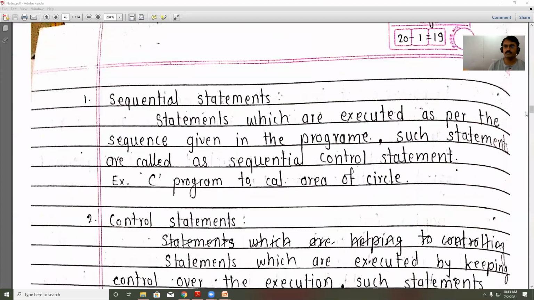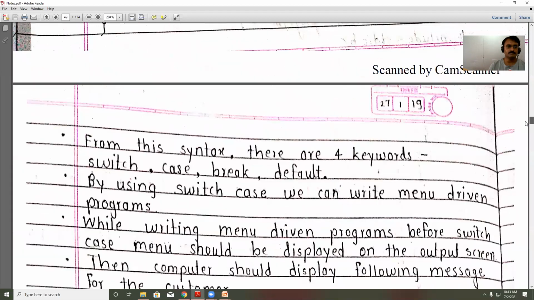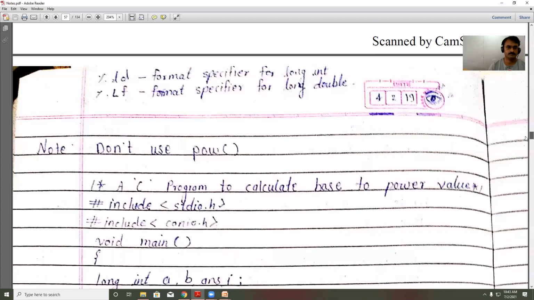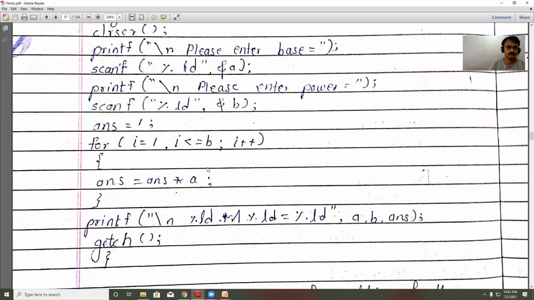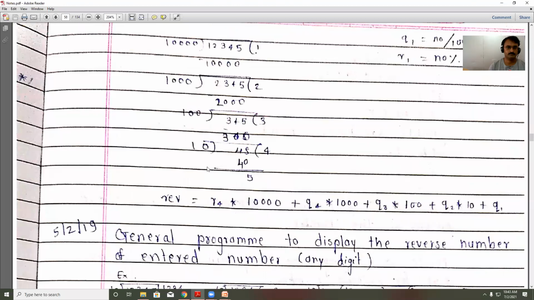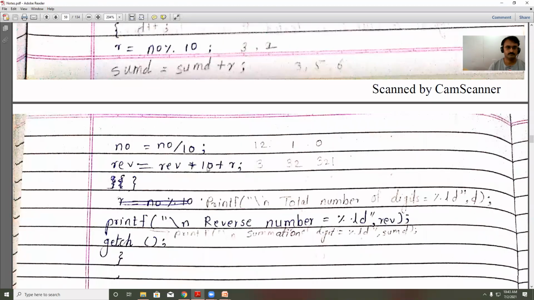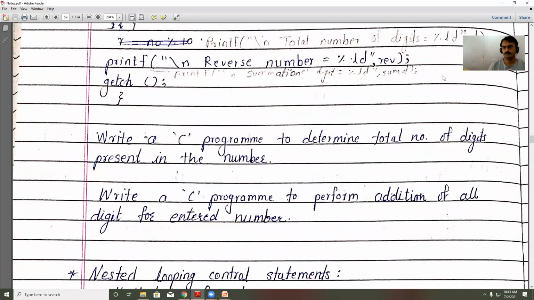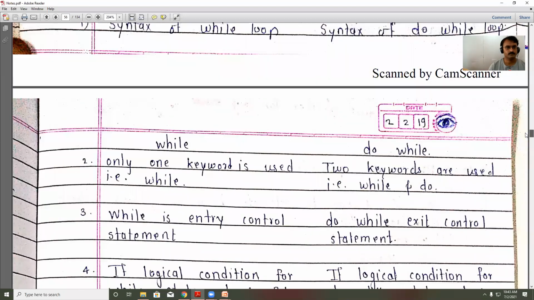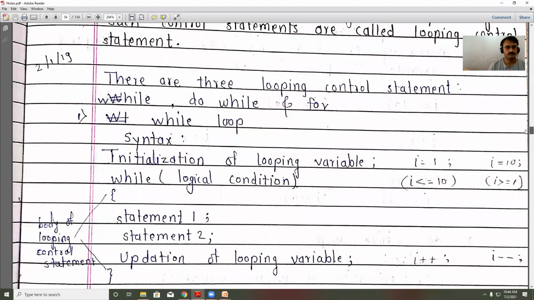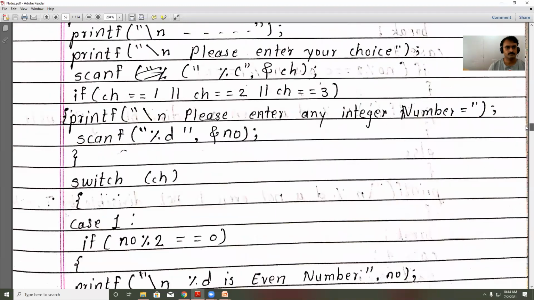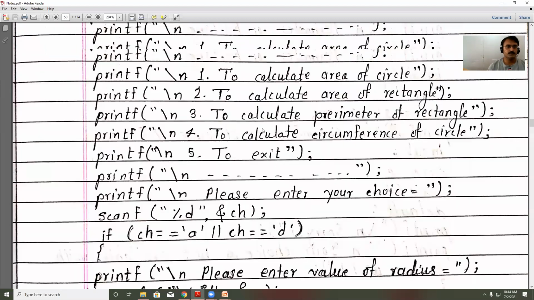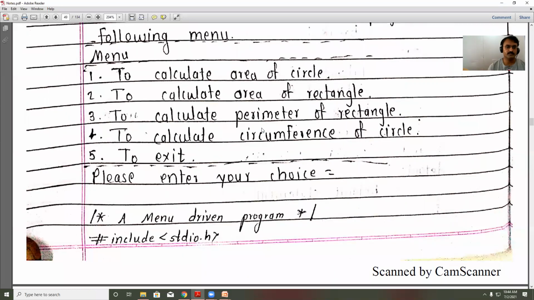So I will go to the syntax of switch case. Okay, when you go to the switch case, see there are two keywords used.